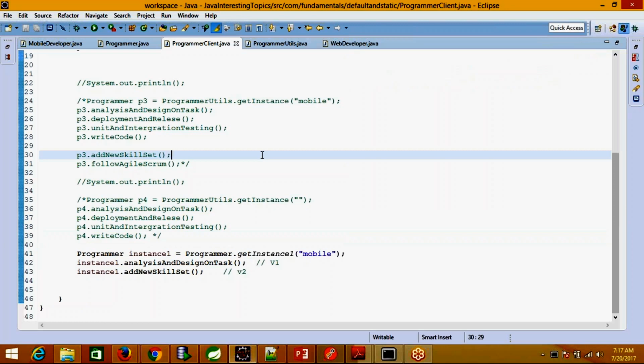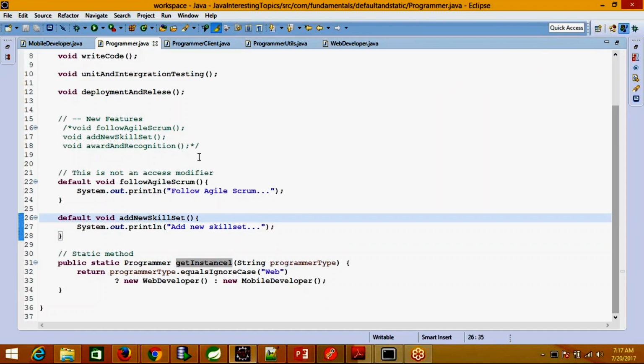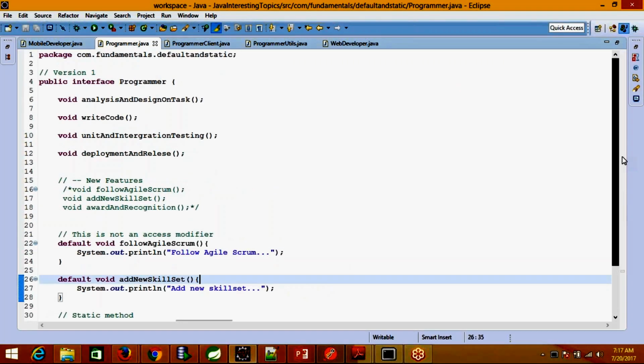So what we understood now is that instead of writing new utility classes, the same logic, the static method logic, can also come along with the interface itself. So our design has become much more robust now. The interface definition has changed so drastically in Java 8 itself.